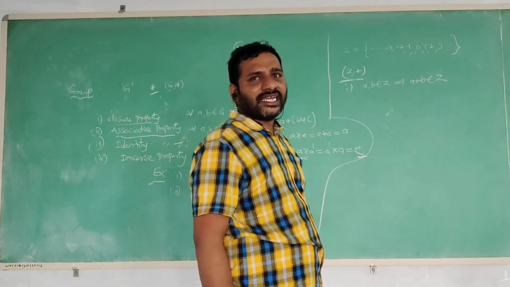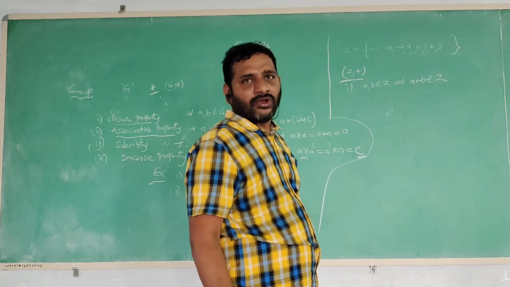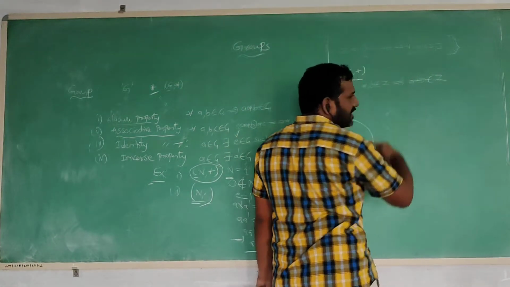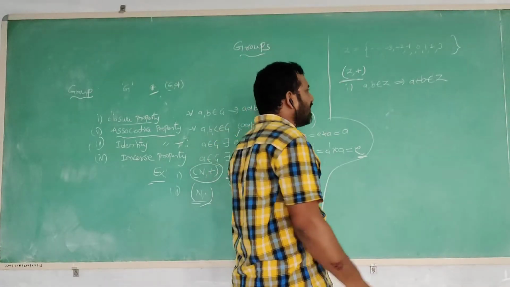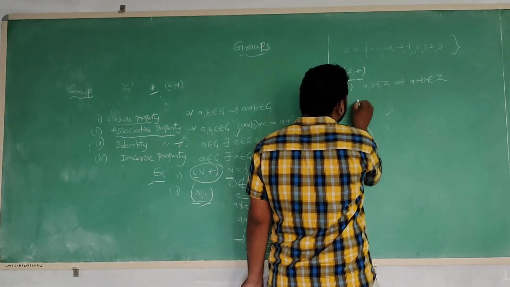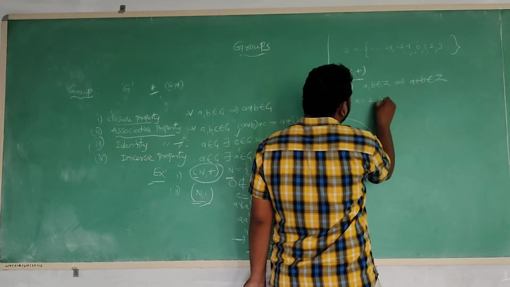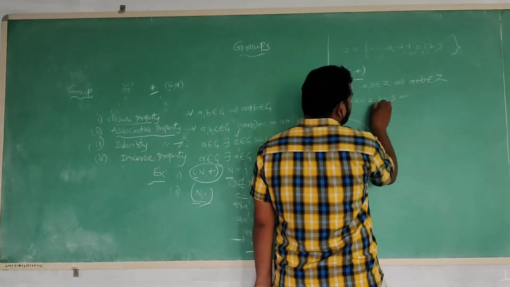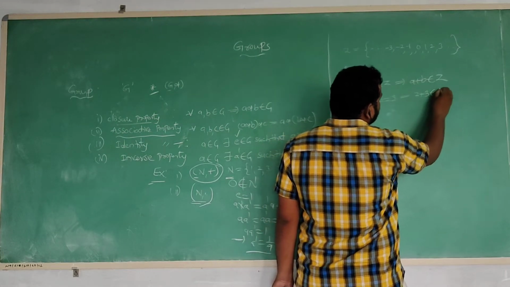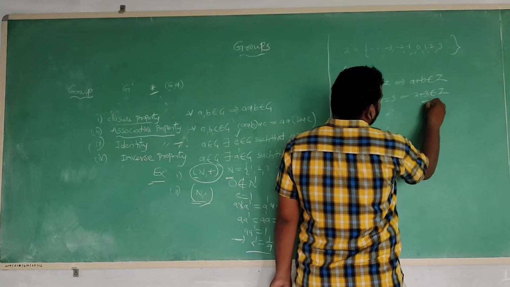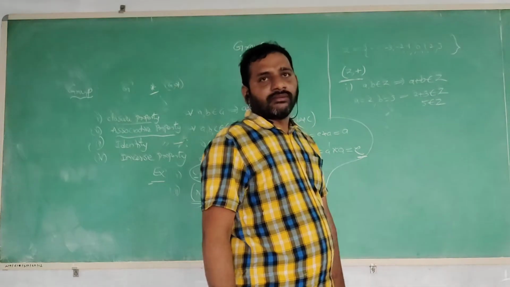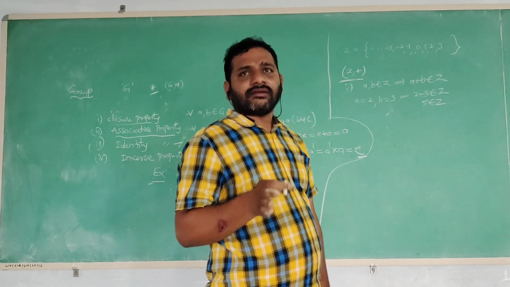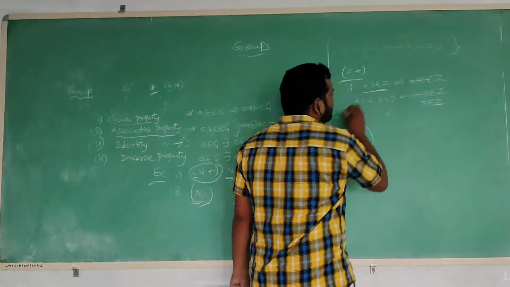Then we can say that Z is closed under addition. Suppose, for example, I take any element in this set. Suppose I take a equals 2 and b equals 3. That implies a plus b, that is 2 plus 3, also belongs to Z. 2 plus 3 can be written as 5, which also belongs to Z. For any elements we take in Z, the closure property must be satisfied.